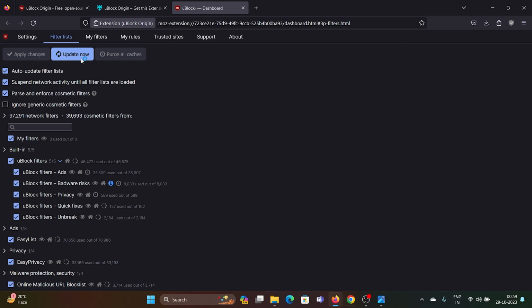Now, if you wish to know why we need to update this extension, the reason is that the obsolete version does not support the newer errors, the newer ad blockers. So you can update it to the latest version and then simply restart your browser and you will be able